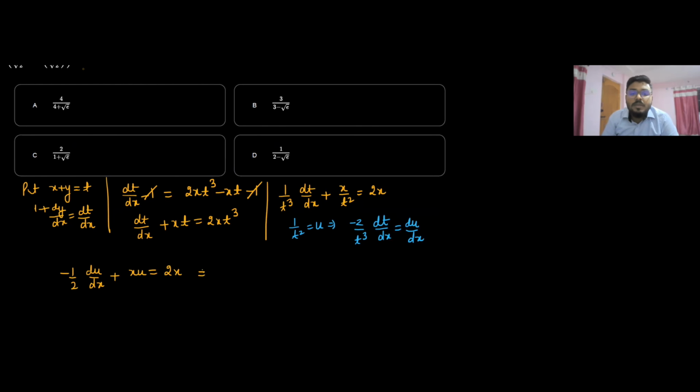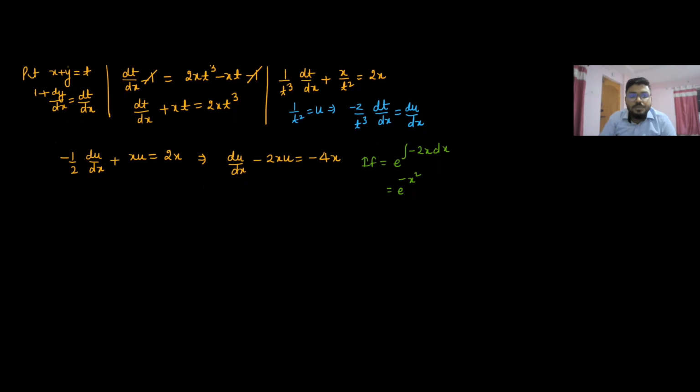Now multiplying throughout by minus 2. So du by dx minus 2x u equal to minus 4x. Now this is a linear differential equation. So here integrating factor is e power integral minus 2x dx. So that is e raised to the power minus x square. Fine. Let us try to write the solution. So solution would be u into e power minus x square equal to whole integral minus 4x into e power minus x square